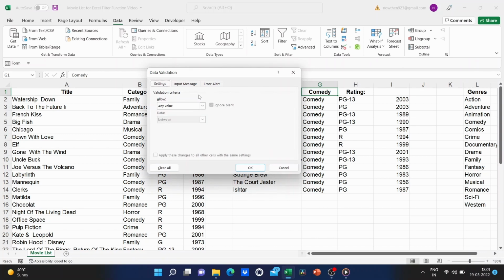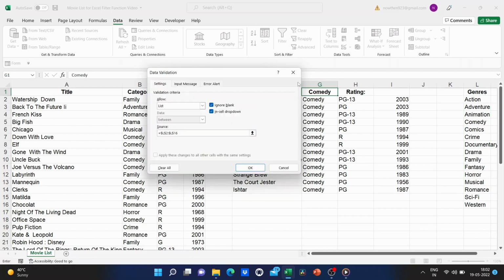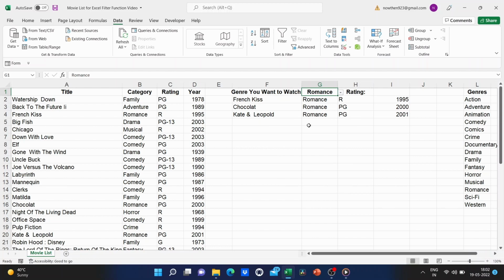Here in the settings for data validation, I could change it from any value to list. Where's the source of my list? Well, I can click the button with the arrow and I can show it here, the source of my list. I click this button again to get back. Click OK. So now look what we have. I have a button with the drop-down list, and then I can change the word that's in cell G1, and whatever I pick, it will list the movies that meet that criteria.